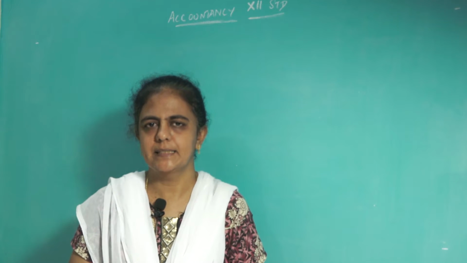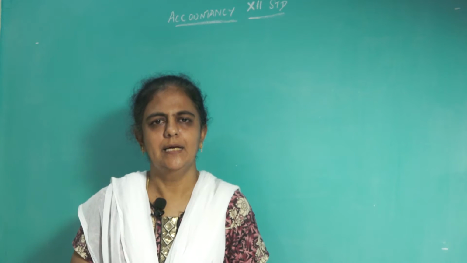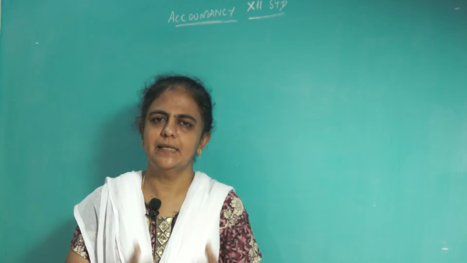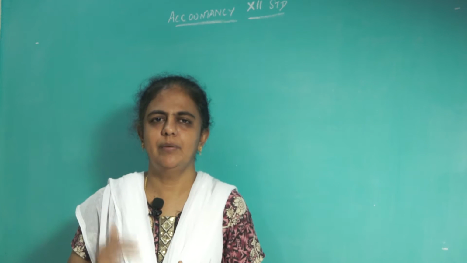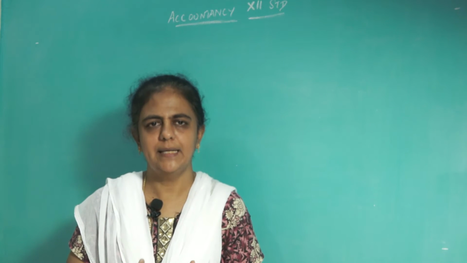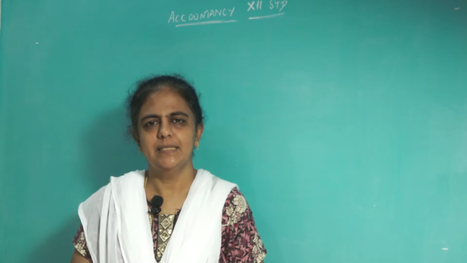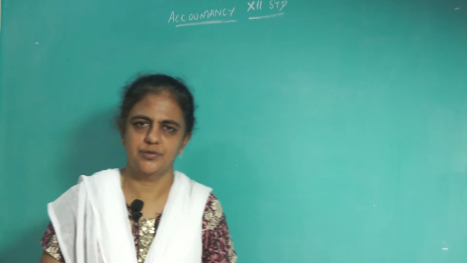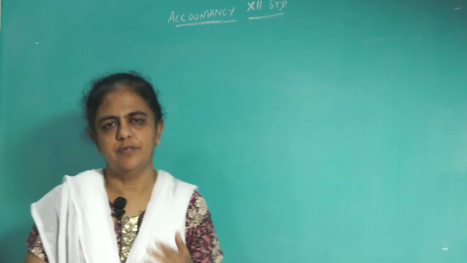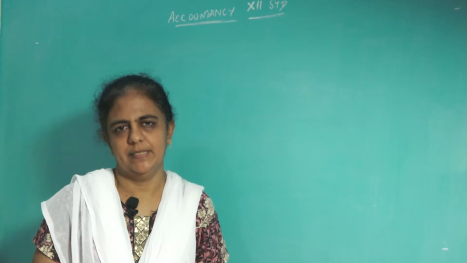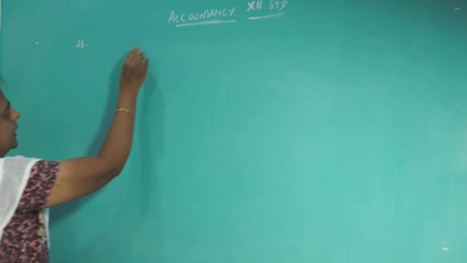When you take the adjustments, one thing you must do, you have to leave off the capital brought in by the new partner, that should go to the capital account. All the other adjustments related to the assets and liabilities, whether the asset is increasing or decreasing or the liabilities are increasing or decreasing, you have to take that and put it on the revaluation account. If asset increases it is profit, asset decreases it is loss. If liability increases it is loss, liability decreases it is profit. All profits on the credit side and all losses on the debit side. So, we will move to the sum. Question number 25.